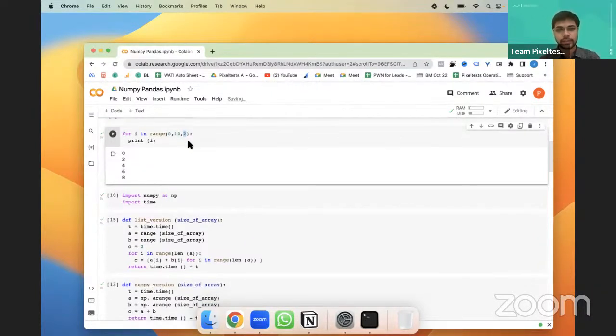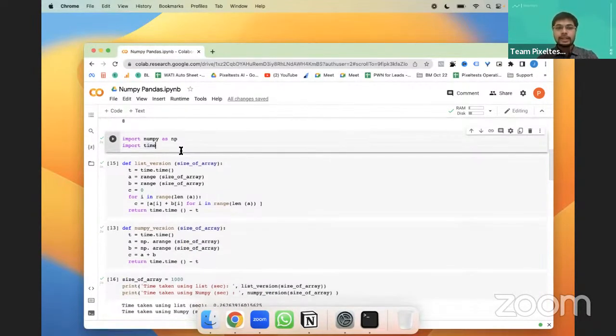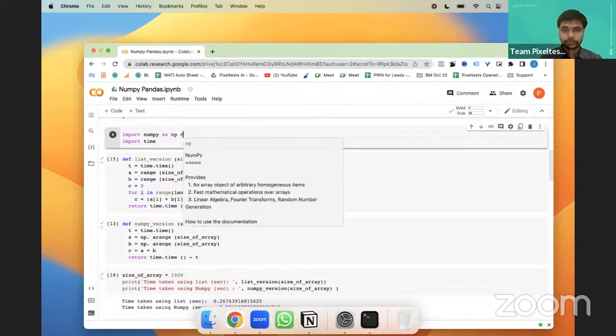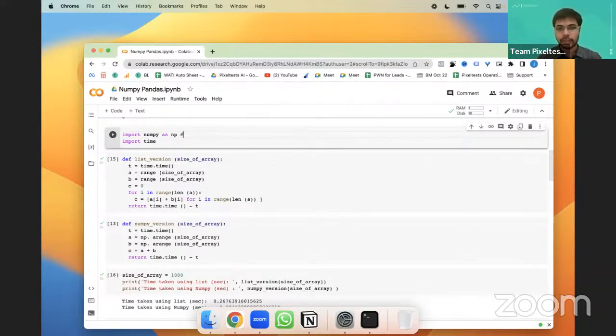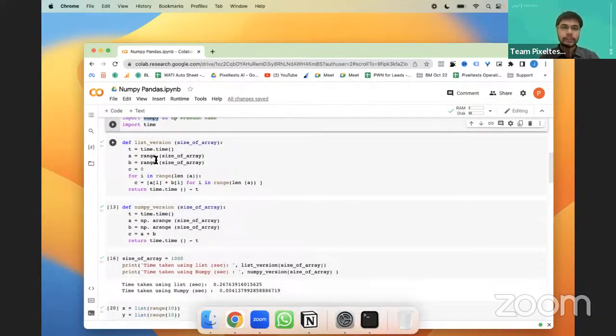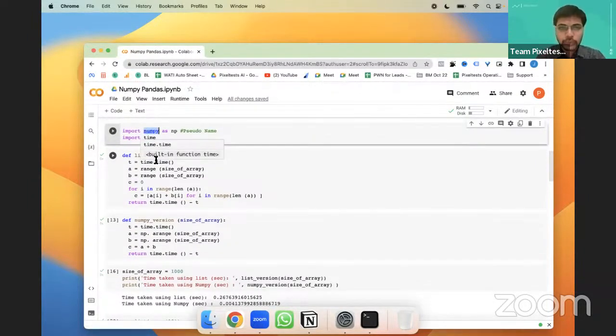Also you can use it in combination with range, right? So now to understand NumPy, like how we have imported the random module, similarly we are going to import NumPy. And now, NumPy as np, np is nothing but a nickname kind of a thing that we have given for our particular use, right? Or else you can even write numpy as numpy when we are using it. So first we'll understand why we are going to use numpy.